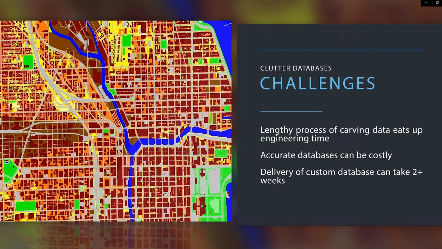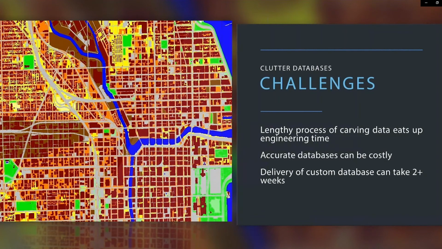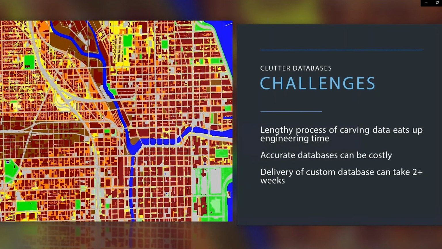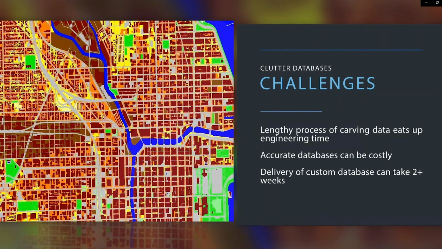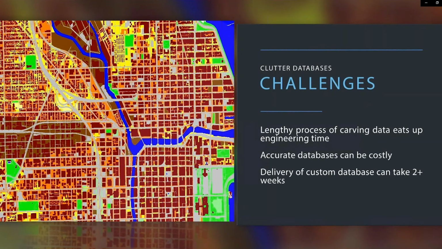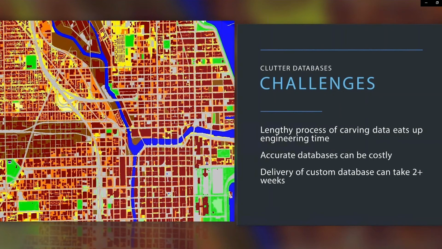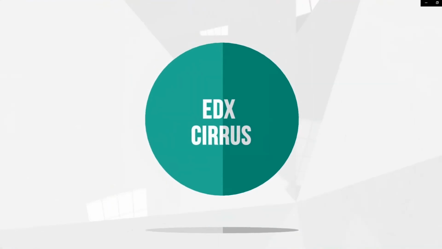And then, as if all of this weren't enough, even if we do decide to spring for one of these expensive custom databases, or we have a project to justify the cost, it wouldn't be unreasonable to think the delivery of such a database could take 2 weeks, 3 weeks, a month, or longer, who knows? And when we're planning networks that require answers now, or trying to meet customer demand, or respond to an RFP that's due in a matter of days, where does that leave us?